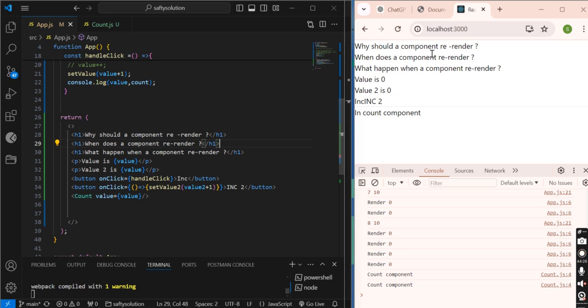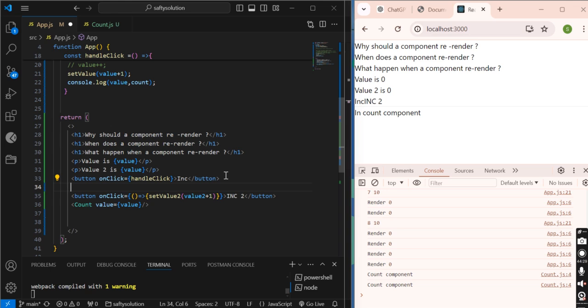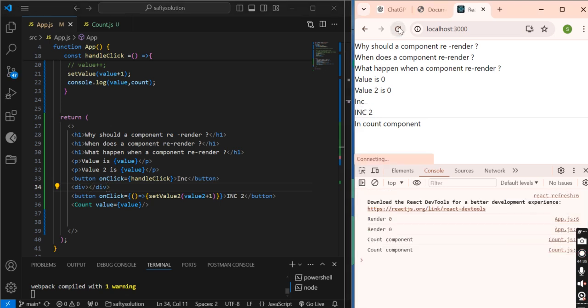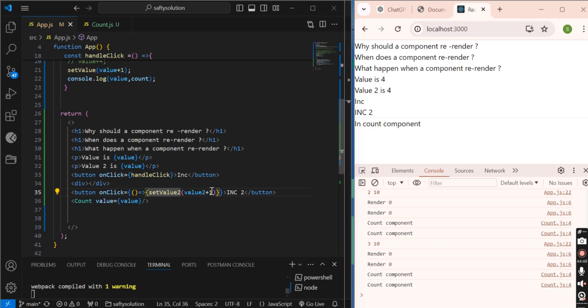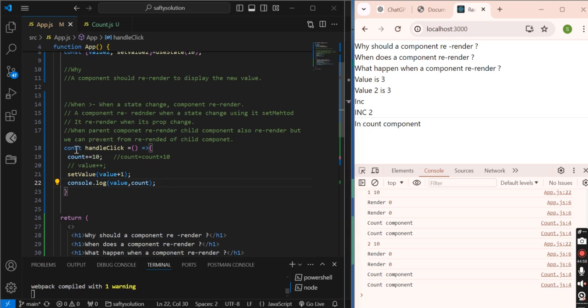Yes, see here I am increasing. Why is it increasing both? On click, set value2, let me see. Oh, no, it should not. Let me remove this one as well.